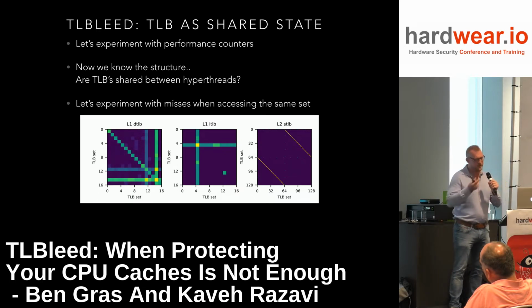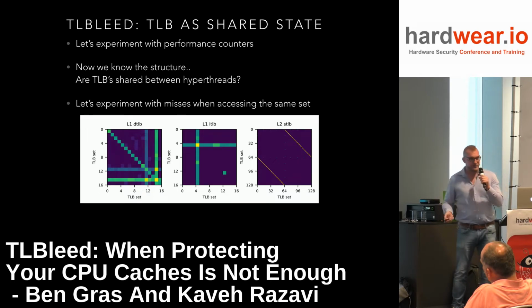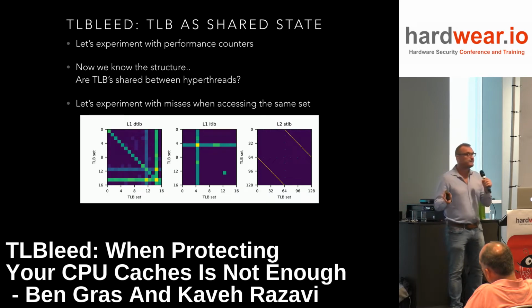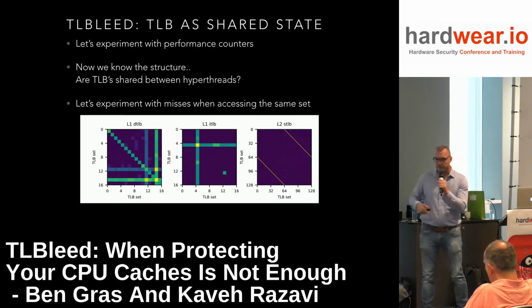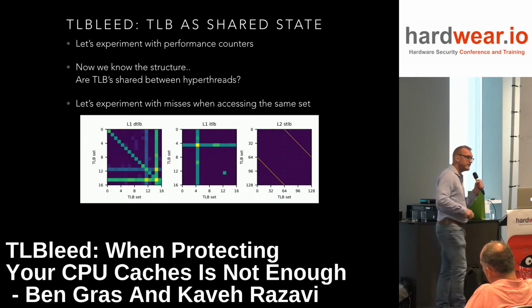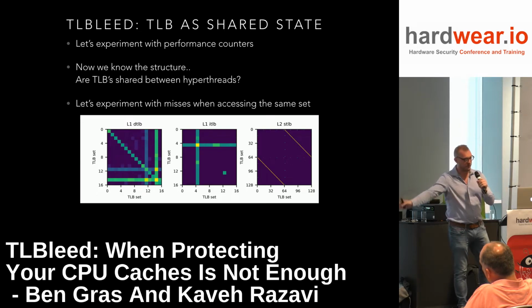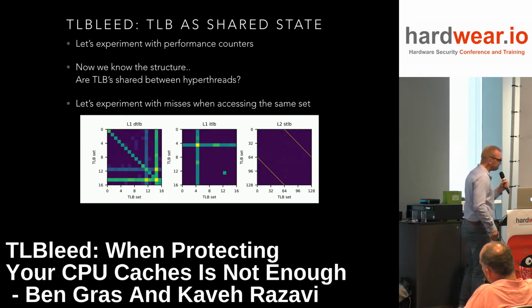For L2, we do see sharing, but with an interesting little shift. Set 0 on one thread does not interfere with set 0 on the other thread, but with set 64. Apparently, in the hash function, maybe we include the hyperthread thread ID. Therefore, slot 0 on one thread interferes with slot 64 on the other thread. I don't exactly know why this happens, but we think it might even out the TLB activity from one thread and the other. It might spread it out more over the whole TLB, whereas you might get more contention otherwise. That seems to be the purpose of these unusual hash functions.